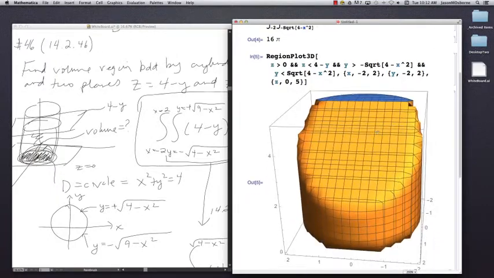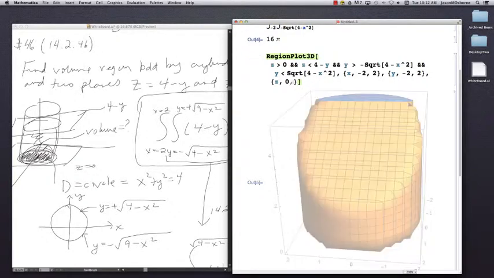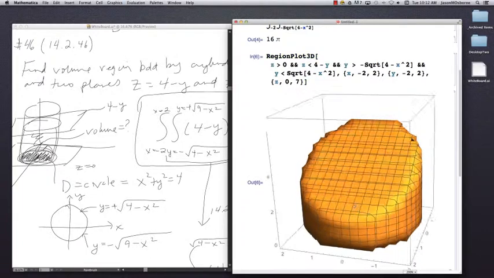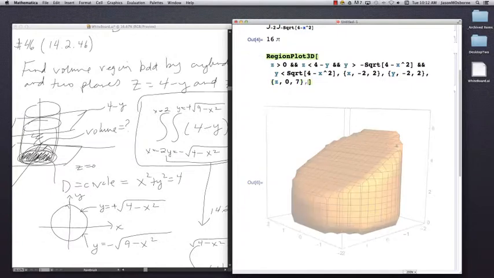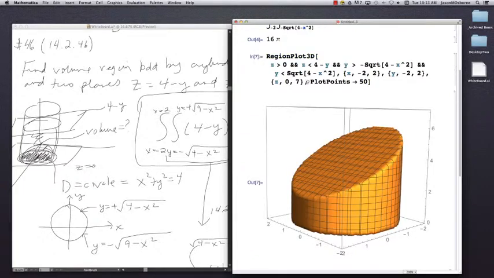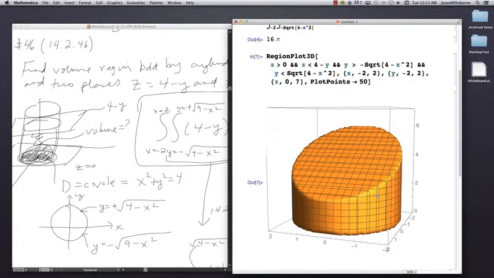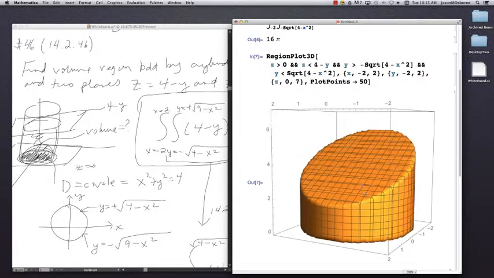Right? Maybe make y go a little taller. It's been cut off here at the top, so maybe you can go to, say, 7. Okay, now we've got the whole region, and it's kind of rounded on the edges, so if you ask the computer to plot more points, you could say PlotPoints 50. Should kind of make this a little bit more crisp. So there is a full problem